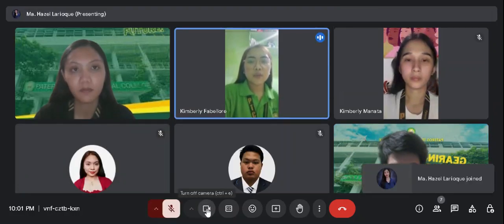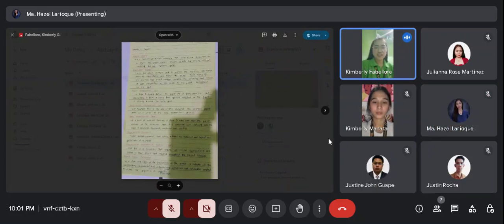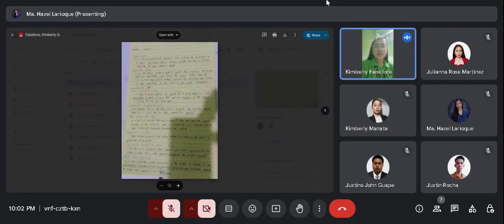Okay, now I will define the following processes that are assigned to me. So first is the project charter. It is a short, straightforward document that serves as the foundation for a project. The project charter functions as both the project's internal marketing tool and reference guide.